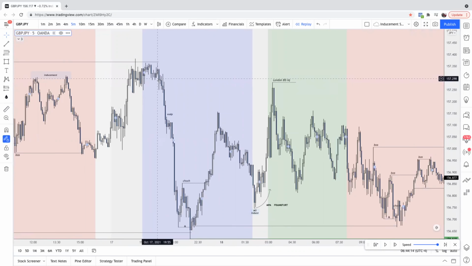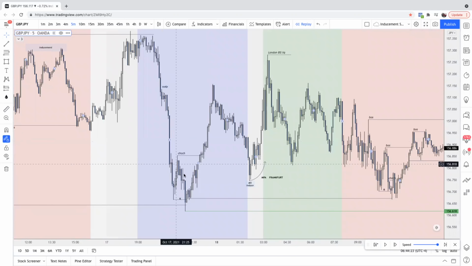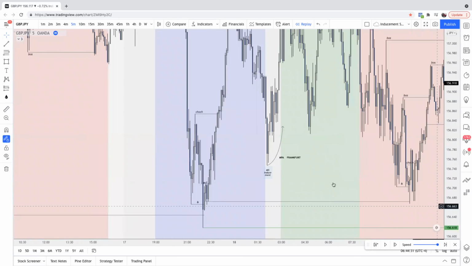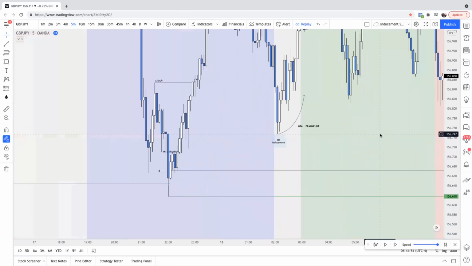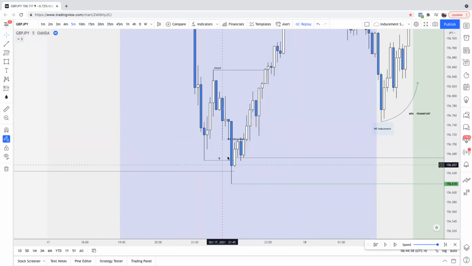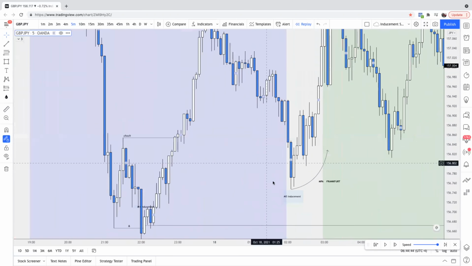So from a seller's perspective, what does this look like? Price returns back to supply. We should be expecting a sell-off, right? Now internally, this is where liquidity builds internally of this move. You got the mitigation. What I love to see here, right, is when you get some liquidity build, purges that, change of character, strong move out,